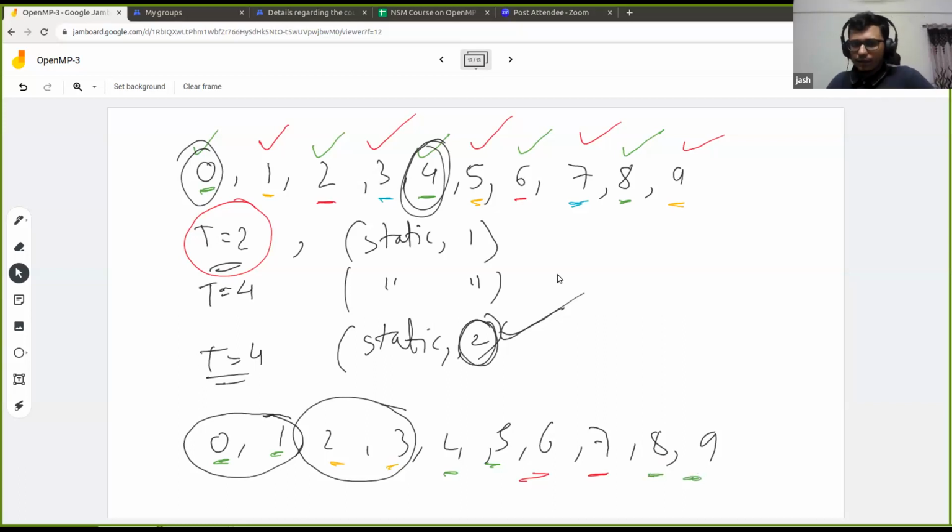Any questions up till now based on what we discussed, like how the scheduling is happening for this case, static? Any questions? Okay, if there are no questions, then